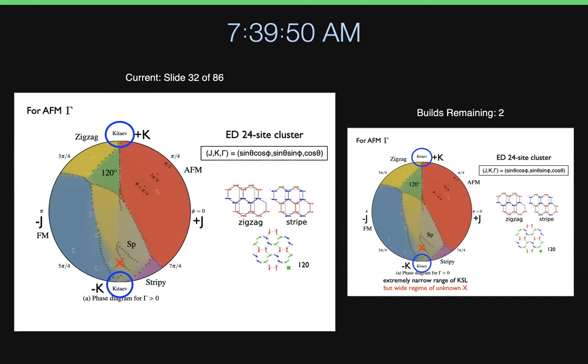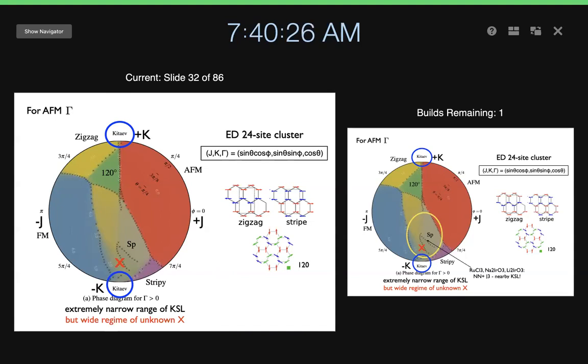So in these exact diagonalization studies, do you always use periodic boundary conditions? Because if you think of the Kitaev, for some sites you just cut off one bond, and then the frustration is gone. Yes. So first of all, this one uses the periodic boundary condition. And you're right that the Kitaev here, these two are going to be seriously affected by the boundary condition as well as finite size. But on the other hand, you can see that these two are extremely narrow anyway. So that's the one thing.